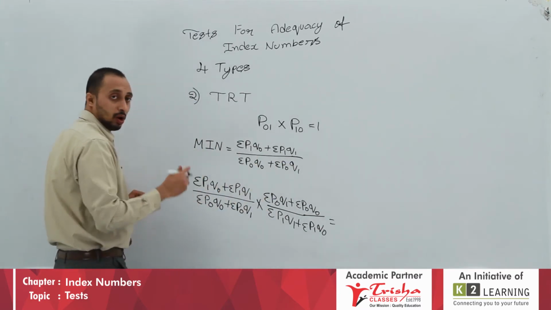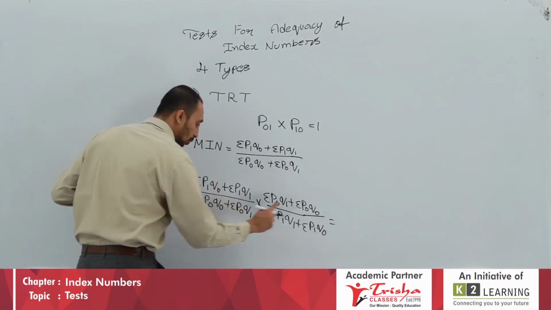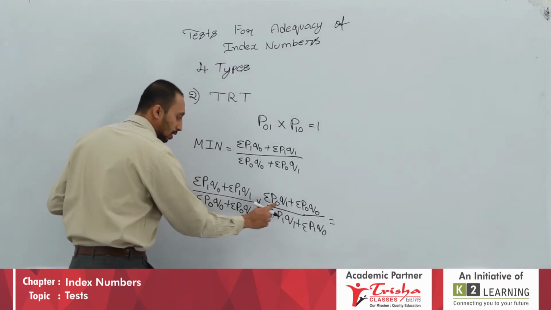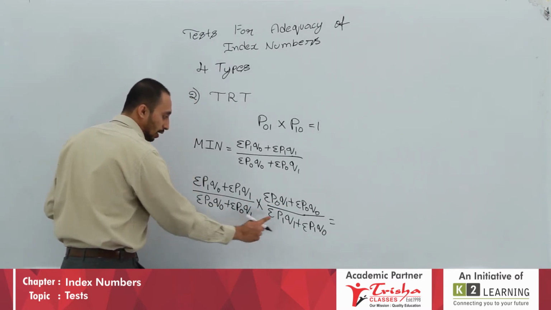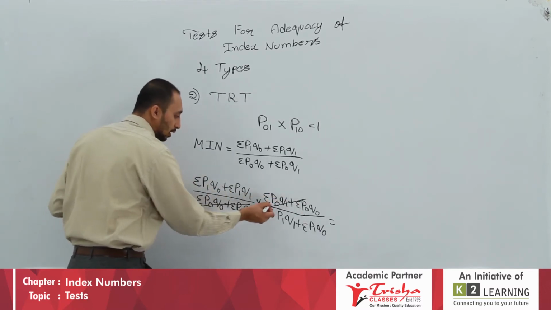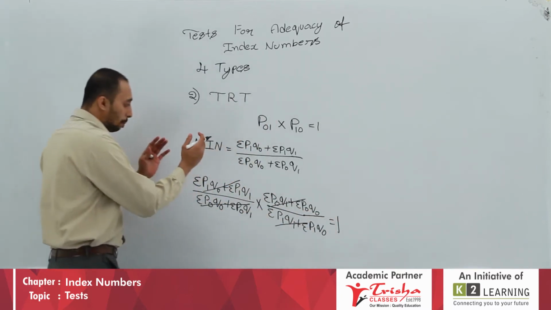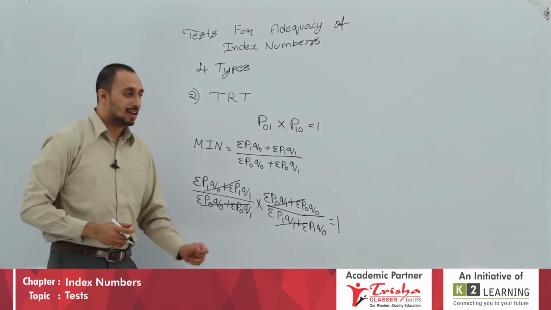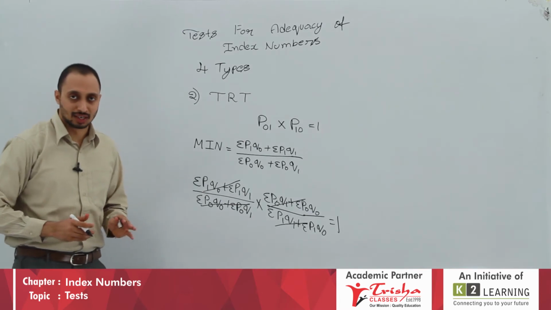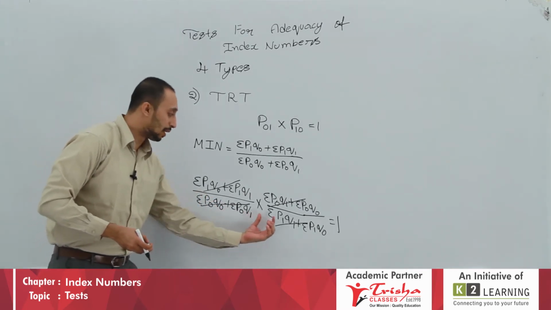And now, watch carefully. Now there goes 1, 0, 1, 0, 1, 1, 1, 1, 0, 1, 0, 1, 0, 0, 0, 0. So actually I can cancel here to here and here to here. So what I get is 1. So Marshall-Edgeworth index number is passing the time reversal test because I take the Marshall-Edgeworth index number and I multiply it with the Marshall-Edgeworth